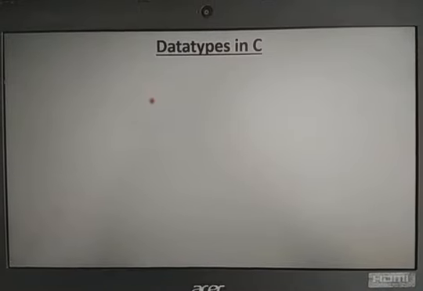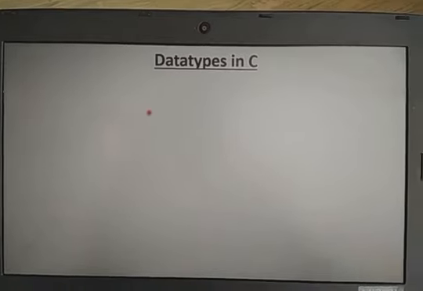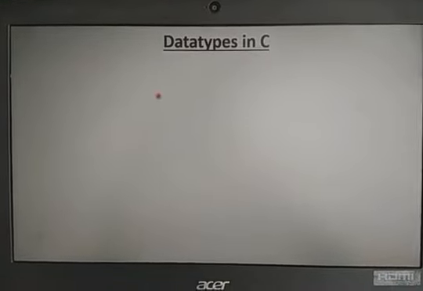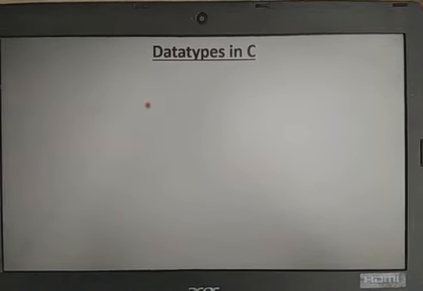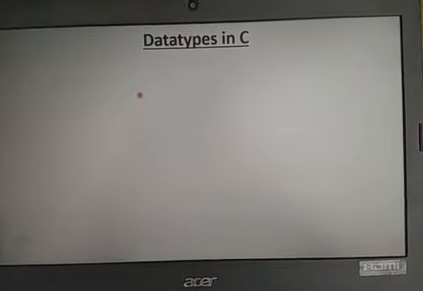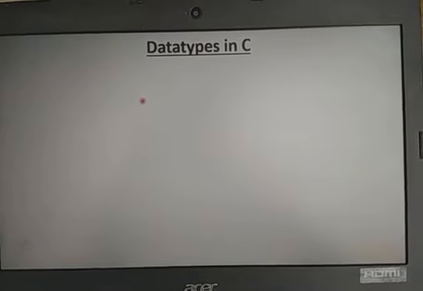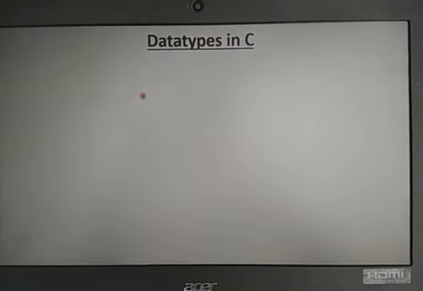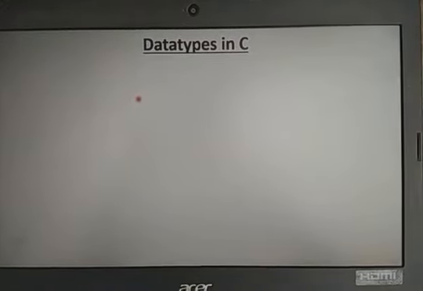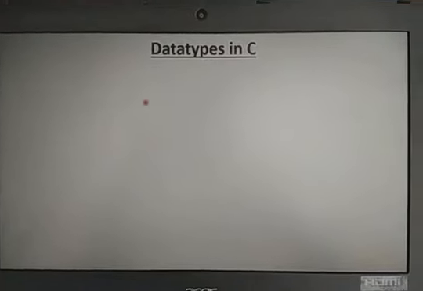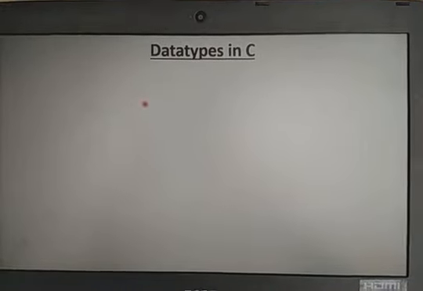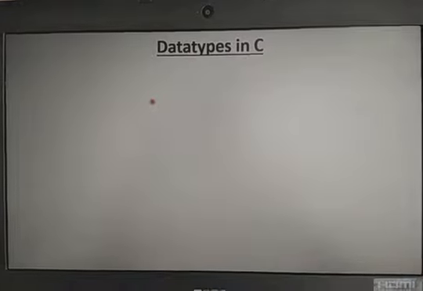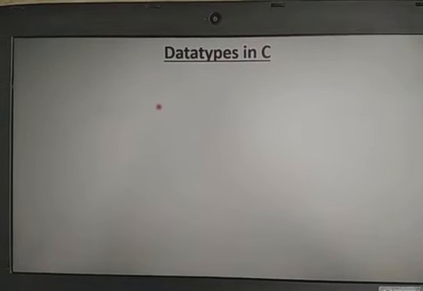Students, now I'm going to discuss the data types in C language. So what is the need of data types? In the C programming language, without declaration of any variable, the variable cannot be accepted, because the C compiler knows only 32 reserved keywords. But I want to use my own words in the program. It is mandatory to declare those variables in the program with the help of data types in C programming language,